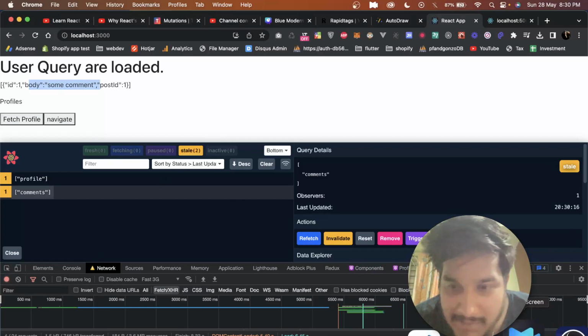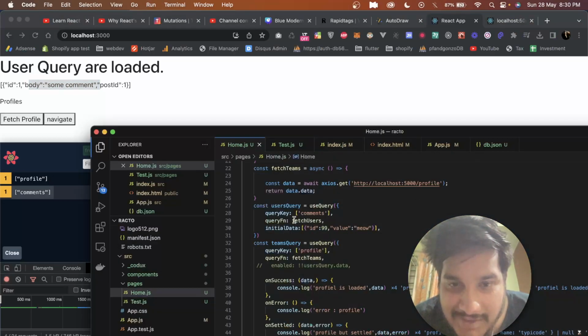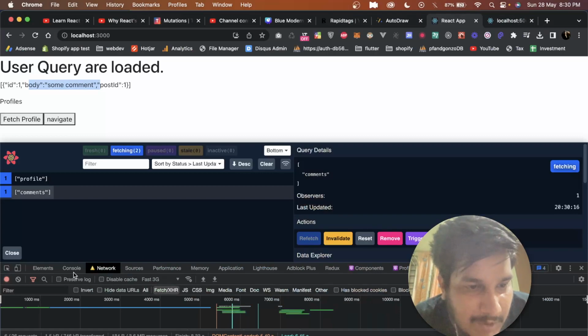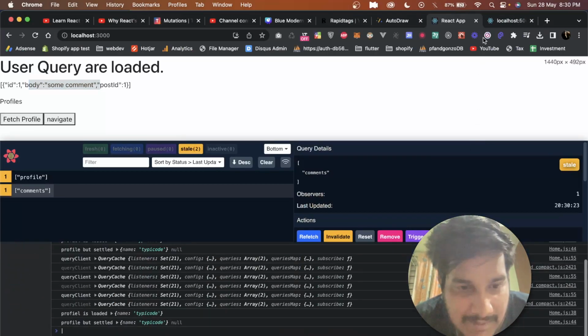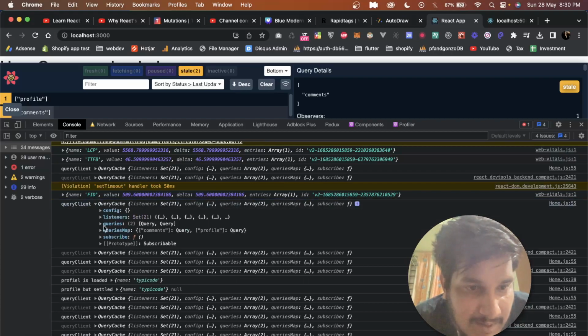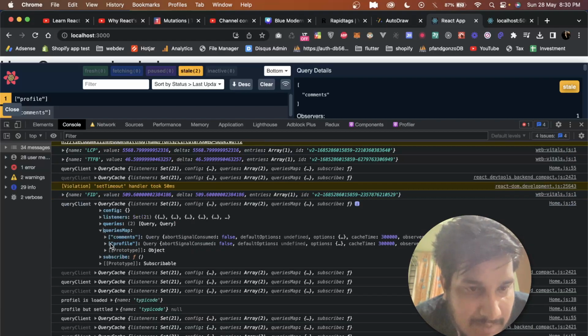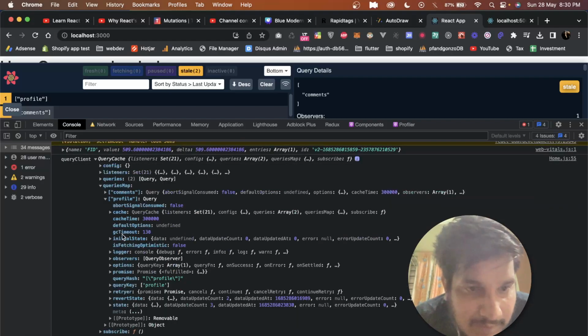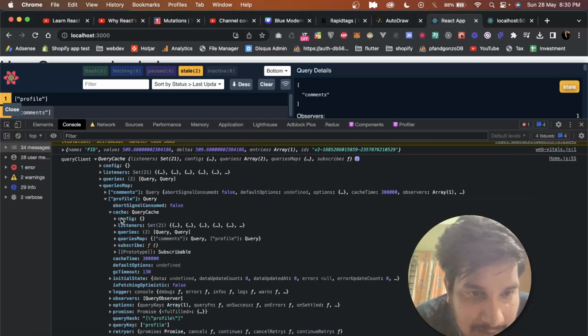But now the problem is that this data is persisted in the cache. If I show you the queries map, I think we are doing this for the profile, and then if I show you the cache,